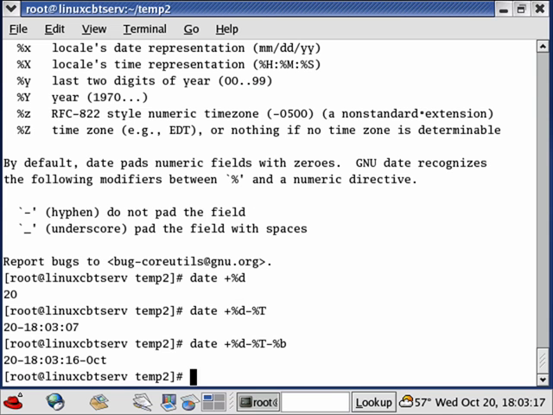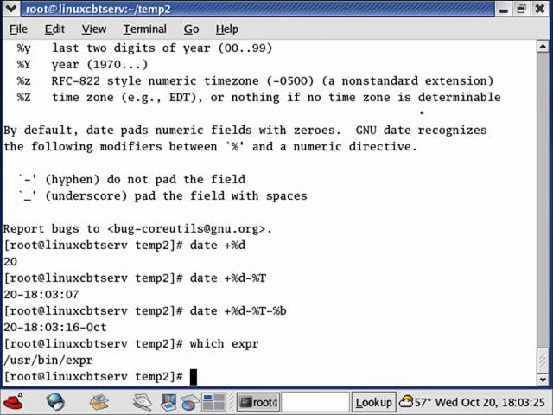Another command that comes to mind is the expression command, expr for short. You can do a which expr. Expr, or expression, allows us to evaluate expressions. Most scripting environments, like the ones that we will show you throughout the scripting edition, have expressions built in by default. We can perform tests and comparisons using other scripting environments because they're all built in. Within Bash, you typically need to make use of a third-party utility to do most of the grunt work or the hard work for you, such as